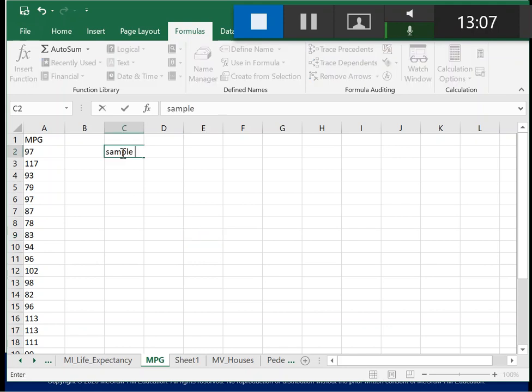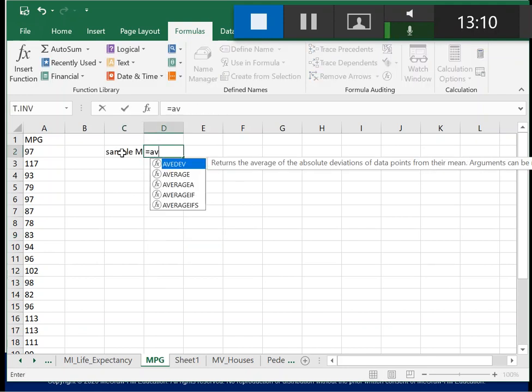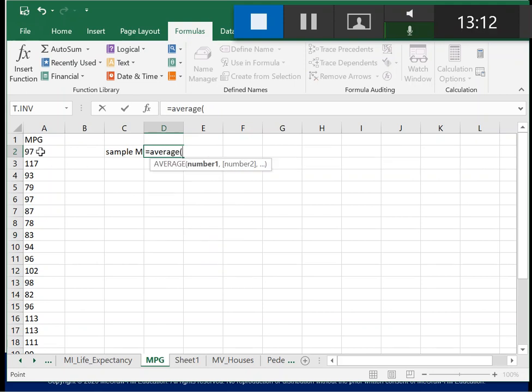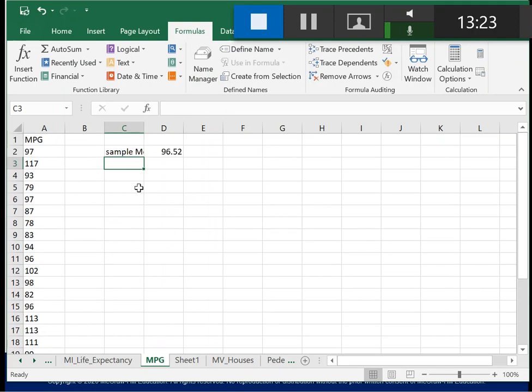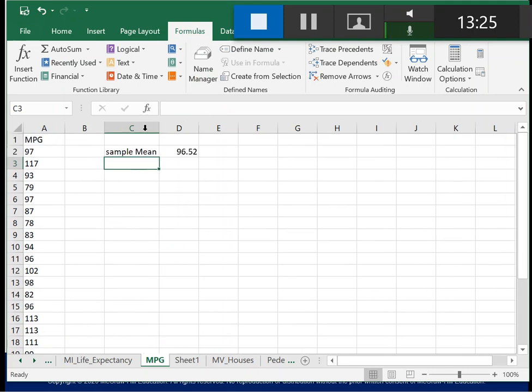So I want to know the sample mean, first of all, and that's just going to be the average of all of these values, A2 through A26. And so I get the sample mean is 96.52, which if you remember from the first video, we went ahead and stated, and I told you then we'll come back and prove it. Okay, so next thing I want to know is my t-score, or my t-value, my t with 0.05 or 5%